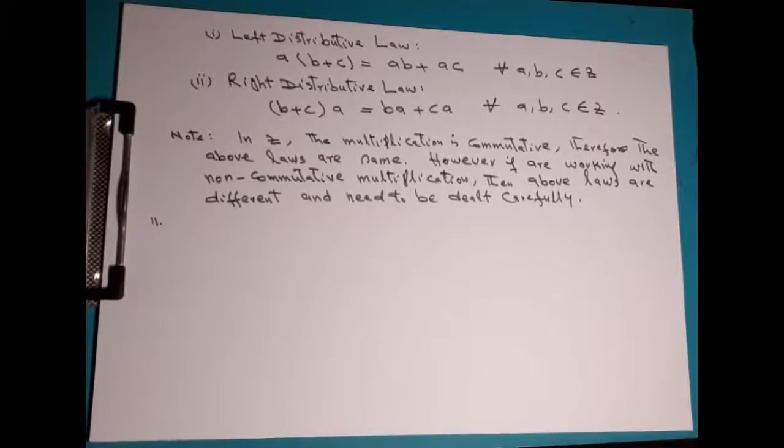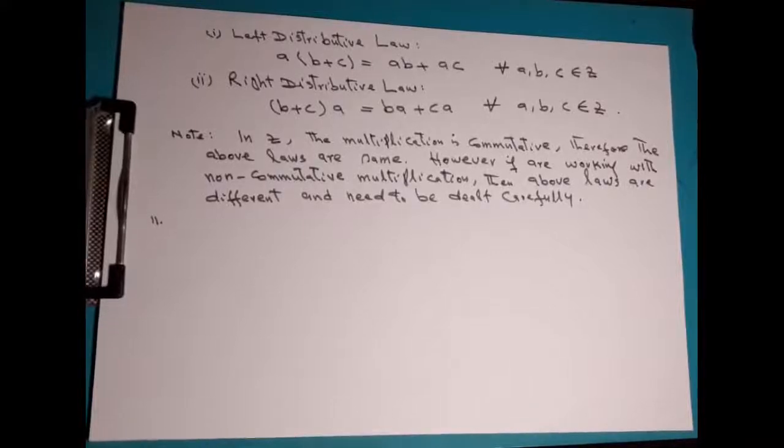For multiplication, we have noted that multiplication is defined in Z, or you can say that Z is closed under multiplication. Secondly, multiplication is associative in Z. And thirdly, addition and multiplication together satisfy two laws. One is the left distributive law and the second is the right distributive law. So all these conditions